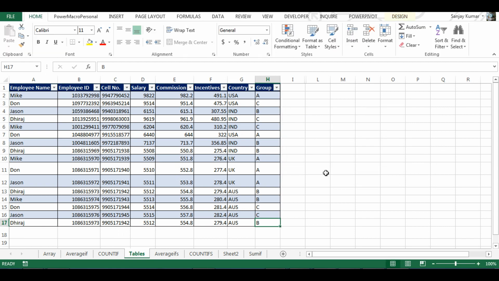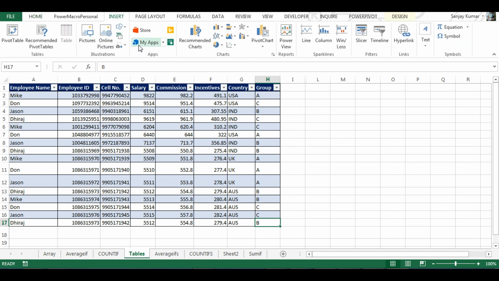And last but not least, the feature that gives you automated pivot tables, that is very handy, and that we can use. So the concept of pivot table, we will discuss later in this course in detail. For now, because we are discussing tables, I'm gonna show you how to use the recommended pivot tables. So this is the beauty of